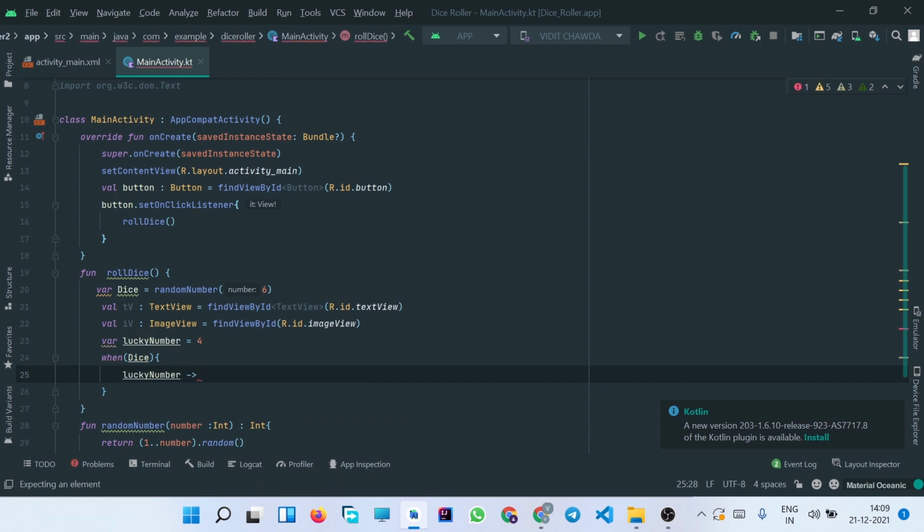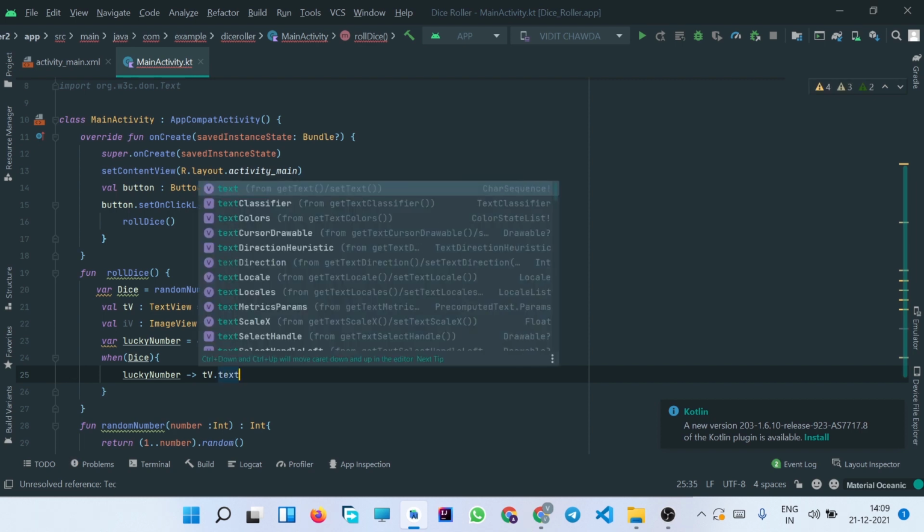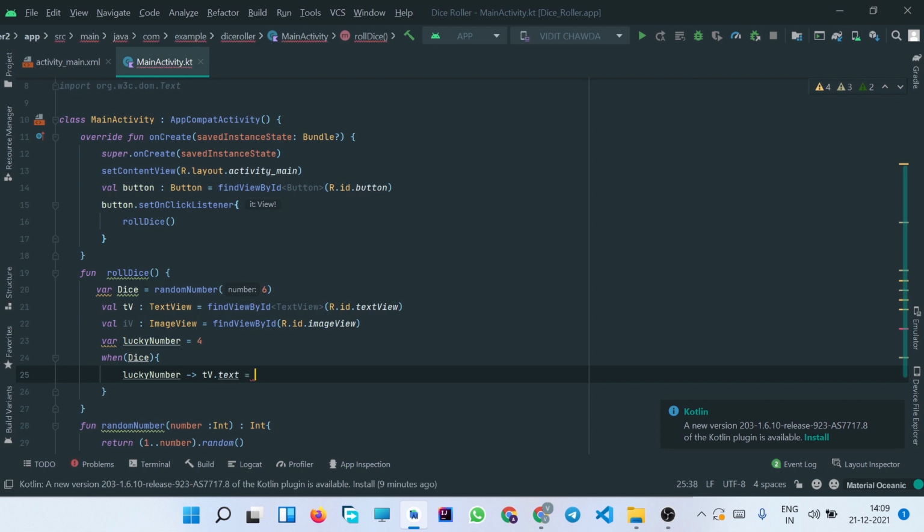So when the value of dice is equal to the lucky number, change the text of the text view: tv.text = you won. tv.text means that tv actually has the reference of this text view widget, and .text will help us change the text of the text view when the value of dice is equal to the lucky number.